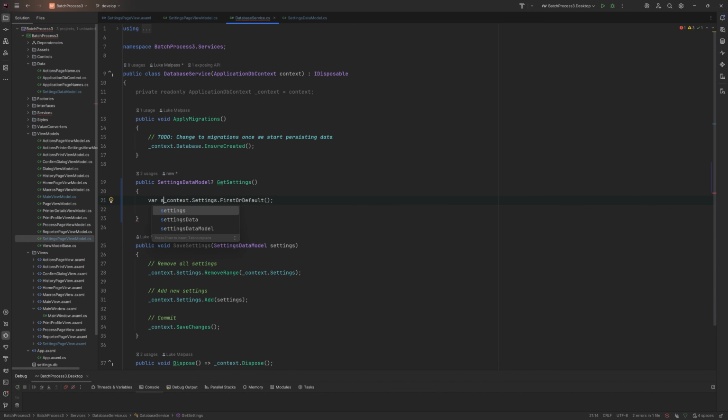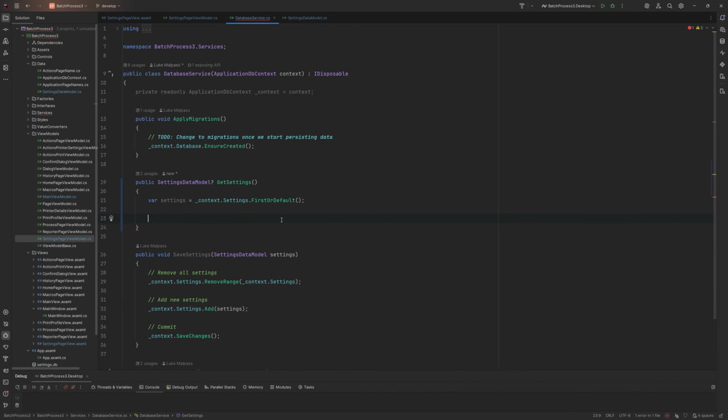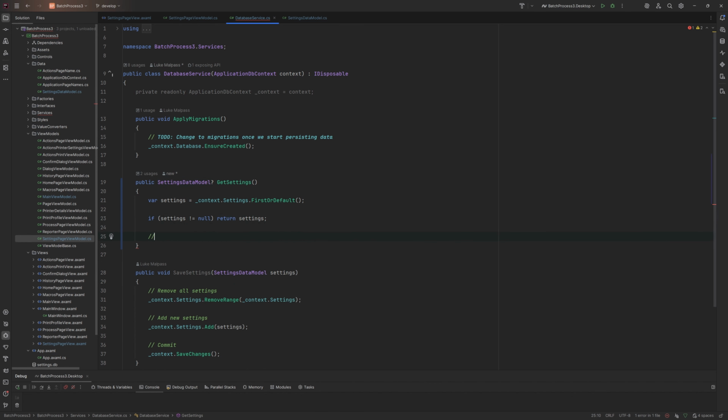And the first thing we do is var settings equals, and then we attempt to get settings first. If the settings aren't equal to null, then we can return, we're done. So in this case, we will return the settings. However, if we have no settings,